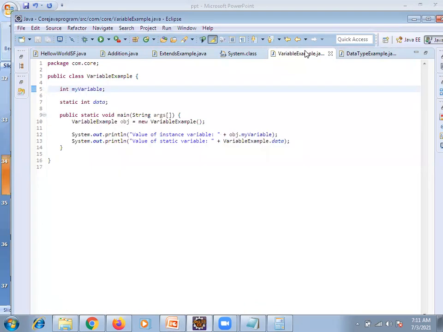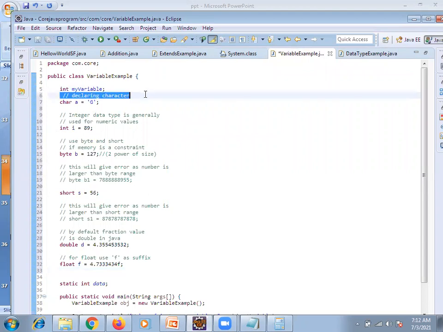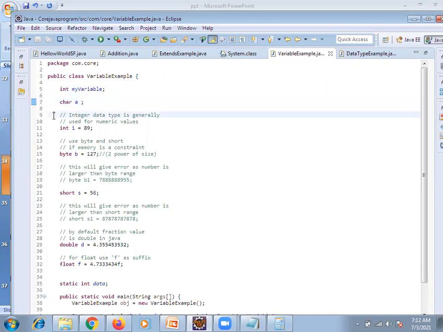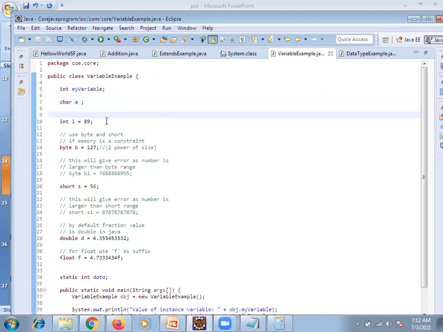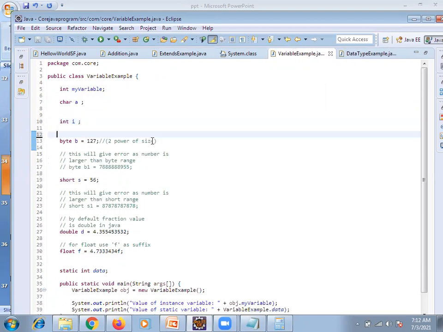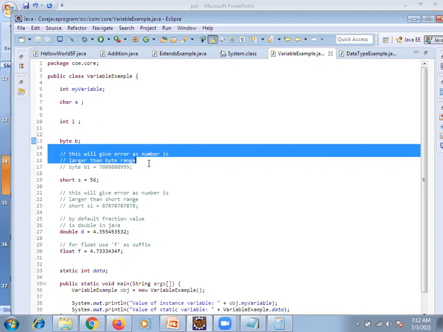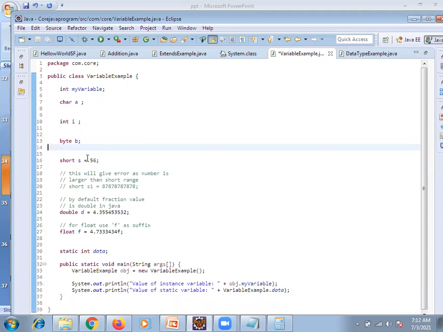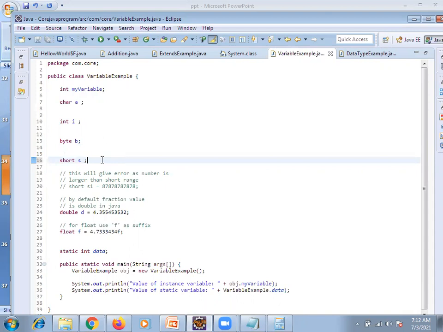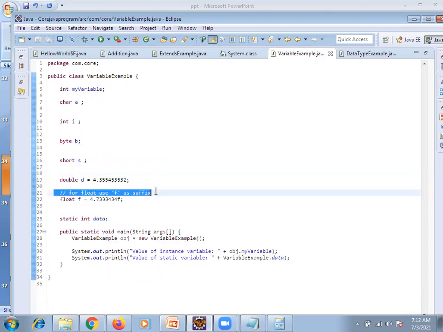So we keep this here, do copy paste and remove the rest. Now I'm not assigning anything. What I'm doing is just defining the variable and data type. Still I did not assign any value. You are clear as of now what I'm doing?